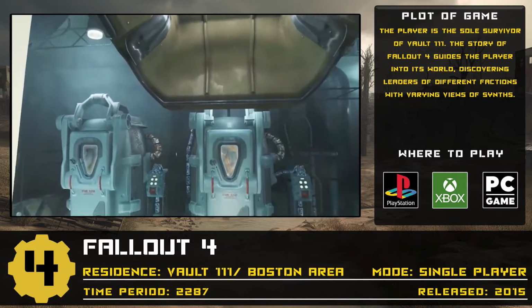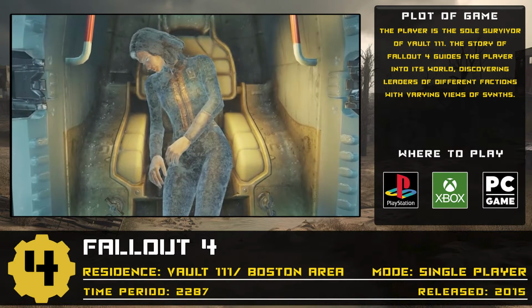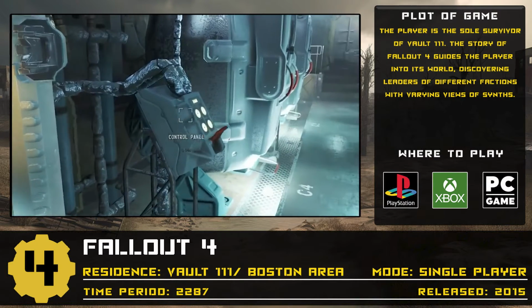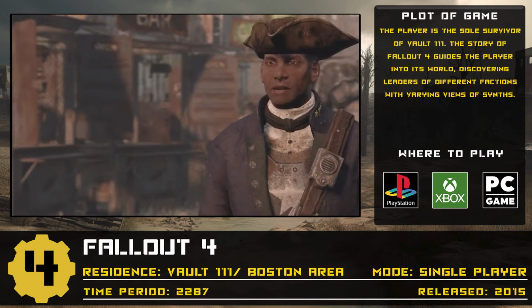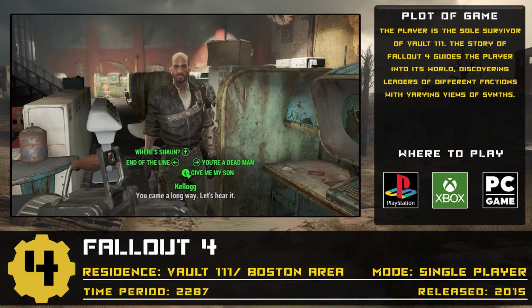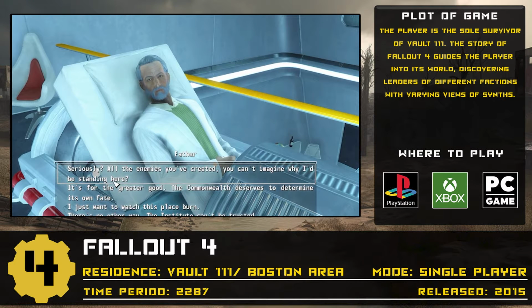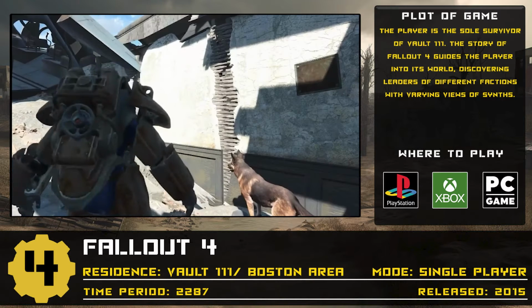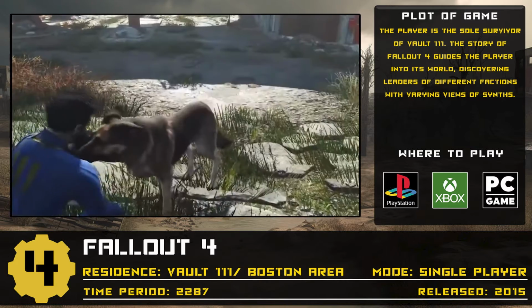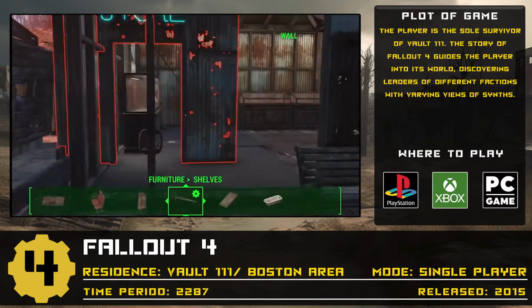Your character is thrust into the world of Fallout as they're looking for their son who was kidnapped after your spouse was killed. The story is heavily focused around synthetics, building relationships between organizations, and the fear of the Institute. The biggest change in this game is the fact that the playable character now has a fully voiced dialogue. They also added an affinity system for companions, emotional relationship development between characters, and more of an emphasis on crafting